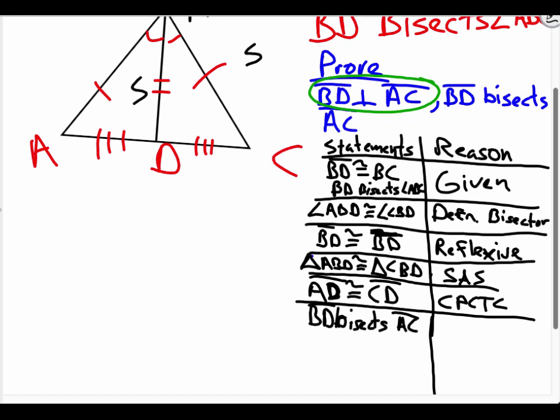That would just be the definition of a bisector. So that's a bisector of line segments. So I could check this off the list, right? I've done this. Now I just have to prove BD